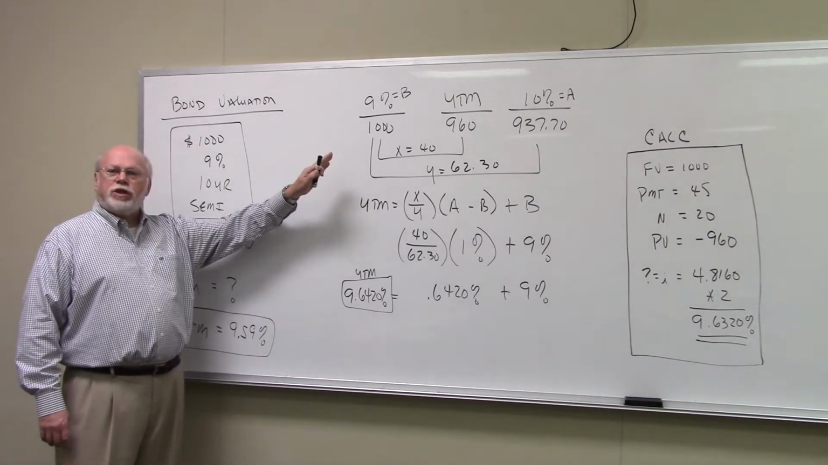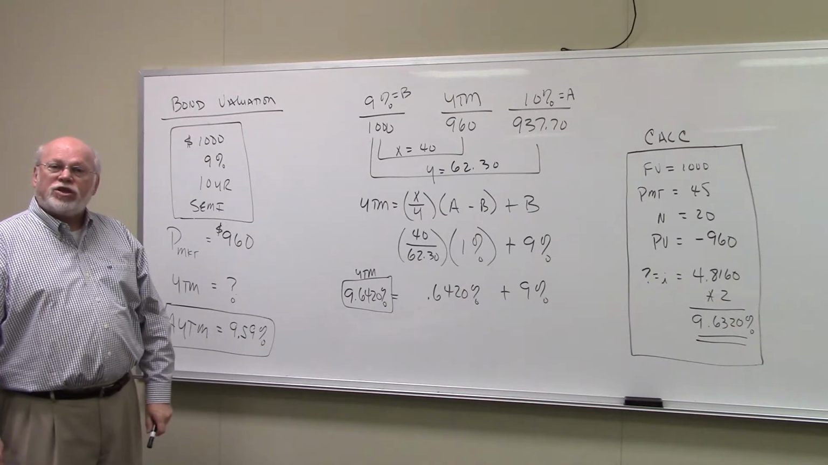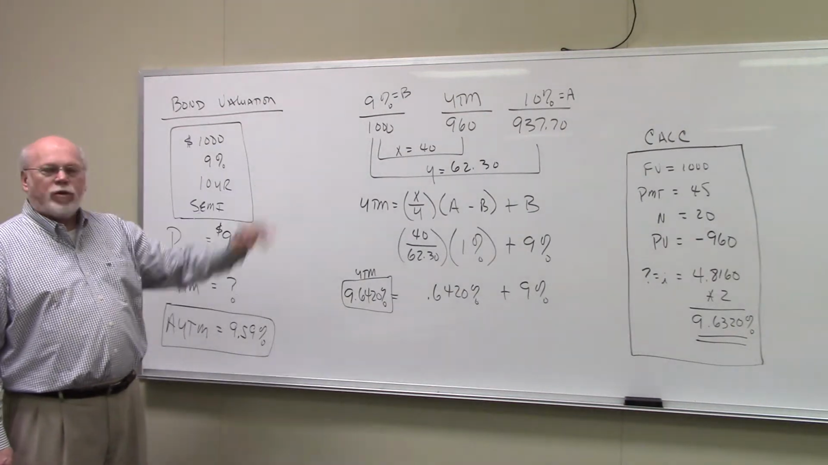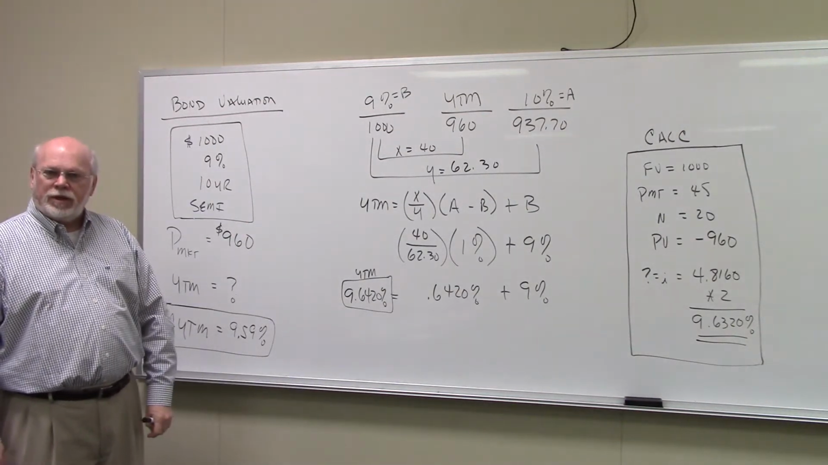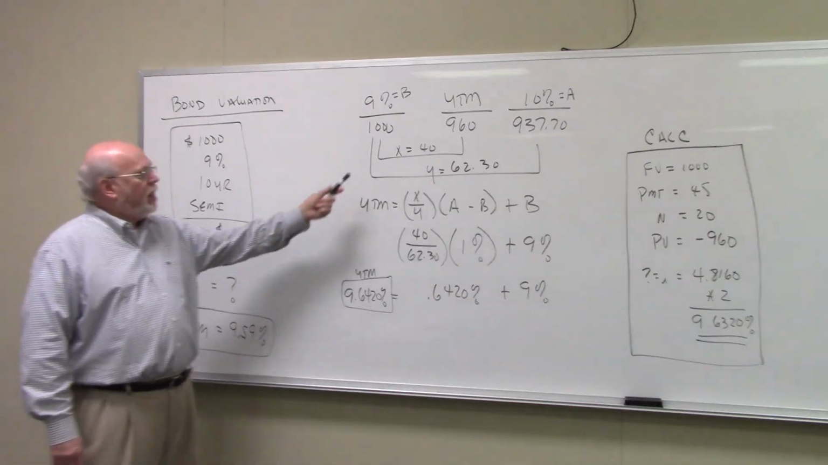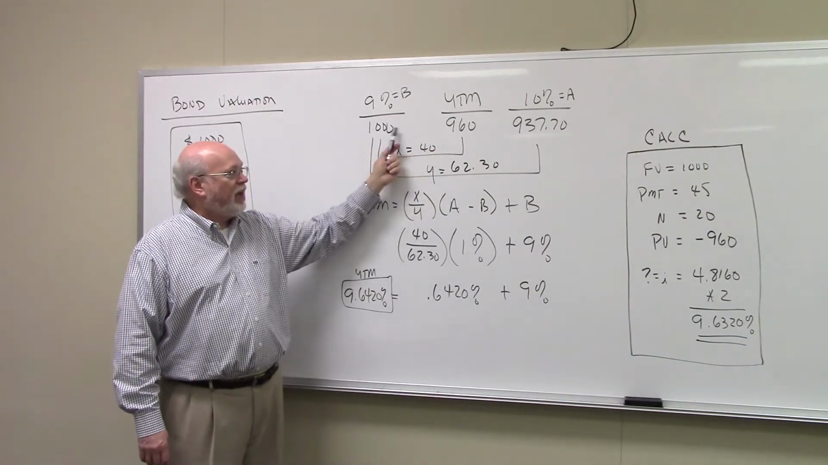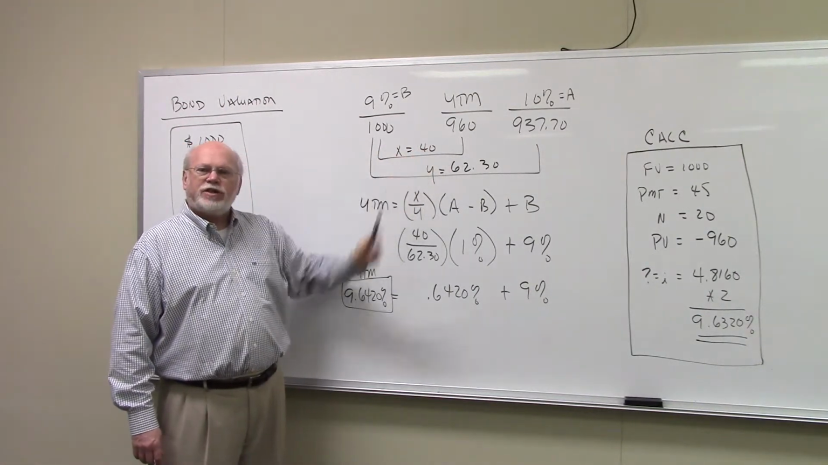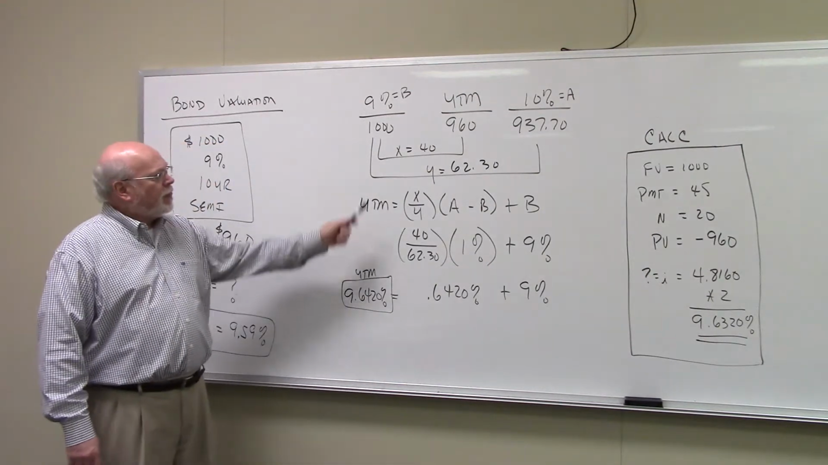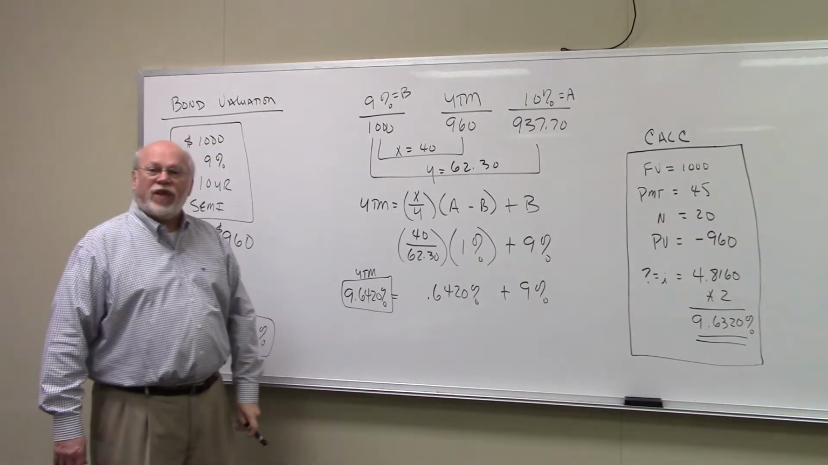Once you have your pitchfork set up, on the upside, the large number on the right is always A, the small number on the left is always B. So 10% is A, 9% is B. X is going to be this price minus that price. 1,000 minus 960 is $40. Y is going to be this price minus that price. So 1,000 minus